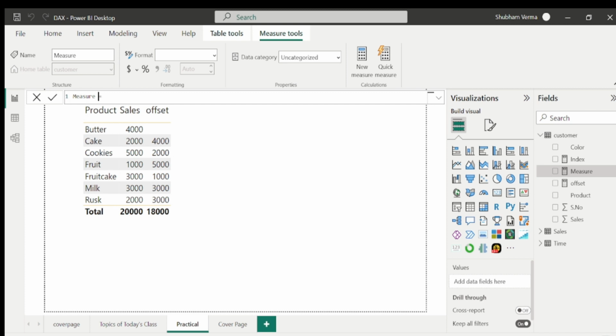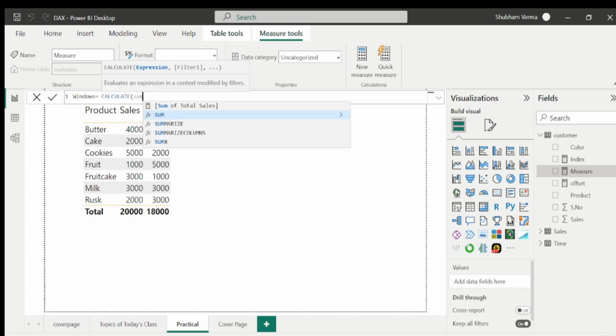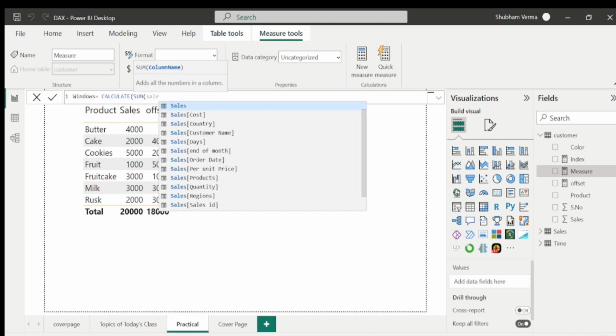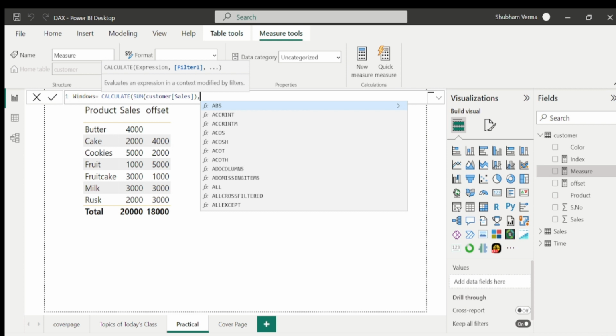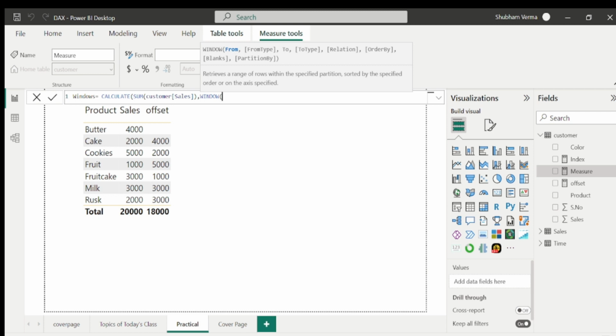So let me rename this measure as windows. And now I will write my measure. I'll start with CALCULATE, SUM of sales, close the bracket, comma, and now I will write my window function. And look at the parameters guys. The first parameter is from. That means on which position you want to start from. So here I will take 1 this time,